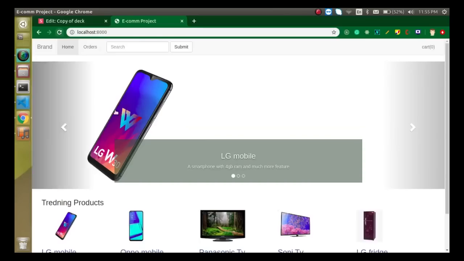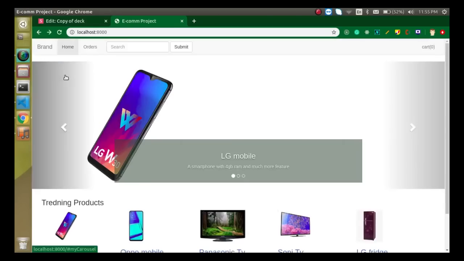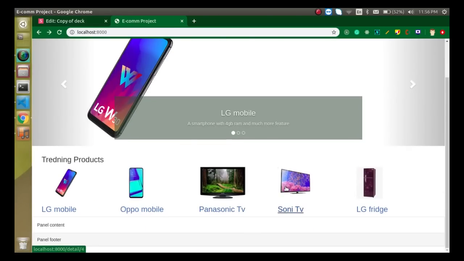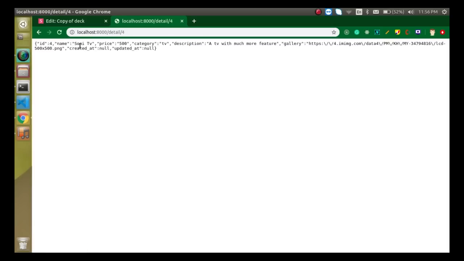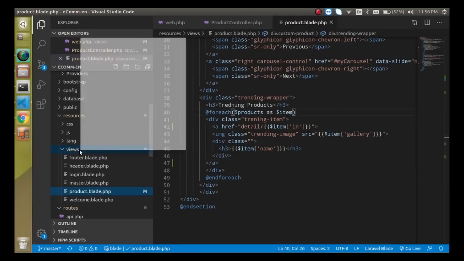So now let's check. We got the link here, and now you can see that we are able to get the detail, like LG Mobile when we click on LG Mobile. When I click on a Sony TV, then I get the detail related to the Sony TV. So now let's see how we can show it on a detail page, and for that we need a detail view also. So let's create a detail view,